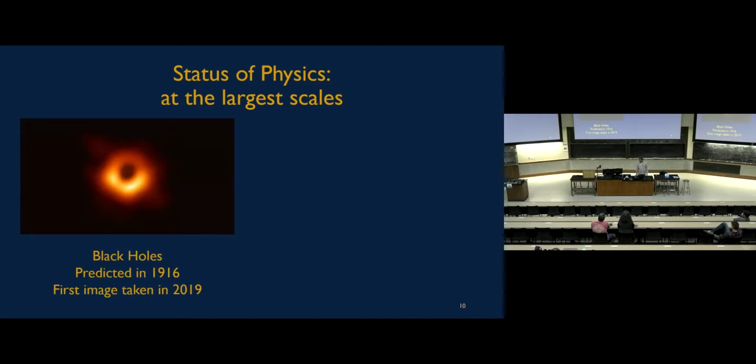So think about the key discoveries in physics, or the great moments in physics in the last decade. We discovered a black hole. We took a picture of a black hole for the very first time a couple of years ago. These were predicted in 1916, and they were a prediction of Einstein's theory of relativity. And we were only able to take a picture of one in 2019. So it took us 103 years to find one. Well, we had indirect signatures of some before that, but this is the first direct observation of one.